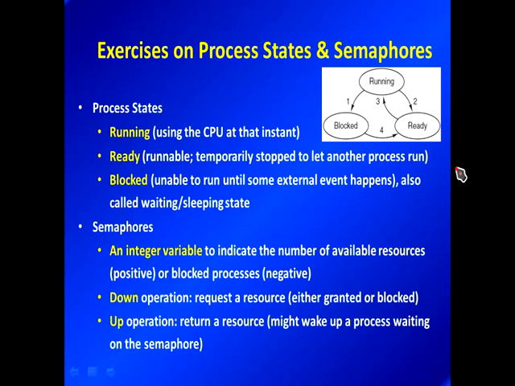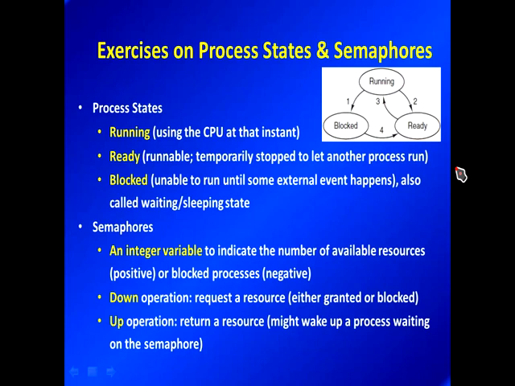Hello, everyone. In the last class, we just learned this important and very useful mechanism called semaphores. So with semaphores, we can solve lots of synchronization problems and mutual exclusion problems. And we also illustrated how to use semaphores to solve the typical IPC problem, which is the problem of